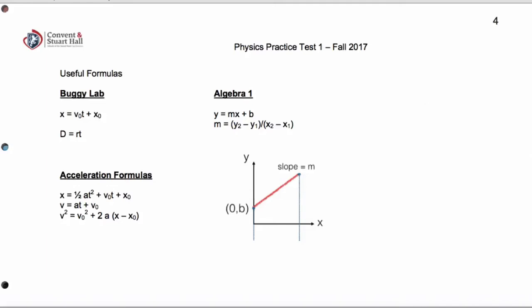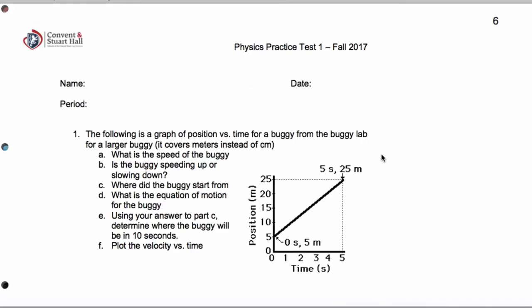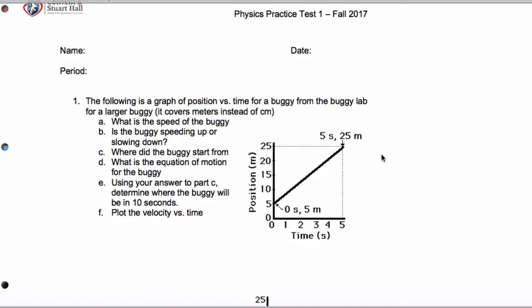All right, so I just wanted to go over the practice test that I gave you out last week just to make sure that we're feeling totally comfortable with everything. So for problem number one, we want to get the speed of the buggy. And when we have a position versus time graph, let's just remember that we get the speed by calculating the